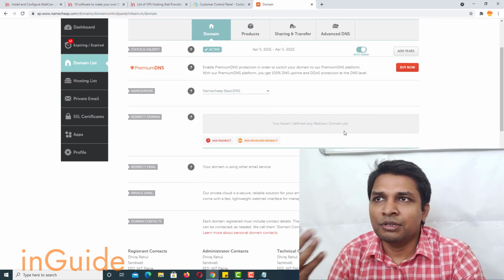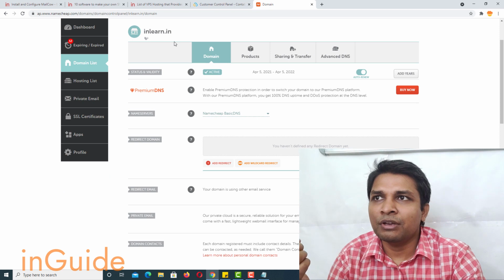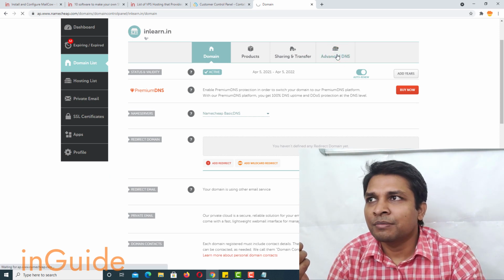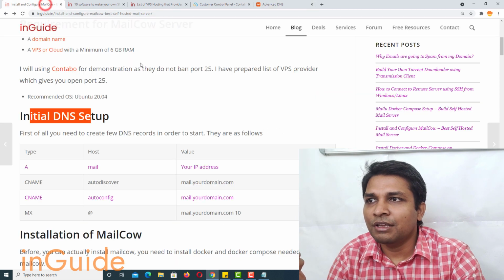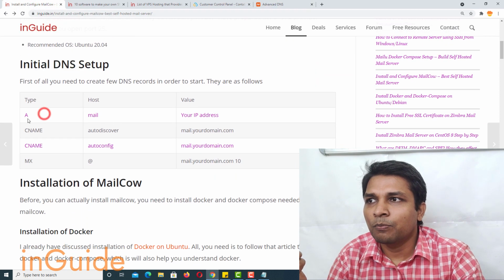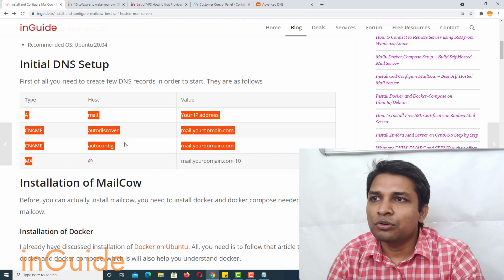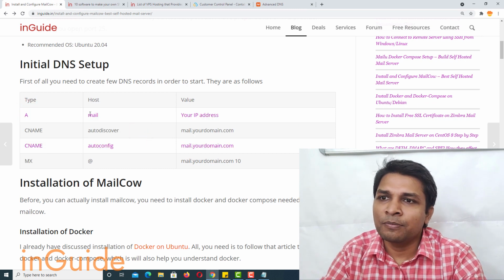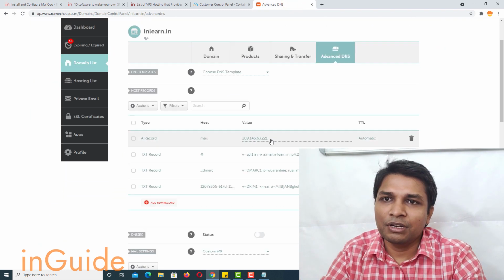Alright, so this is my domain, and today I'll be working with inlearn.in, and I'll go to Advanced DNS, and here it is saying that you need to create 4 sets of records.